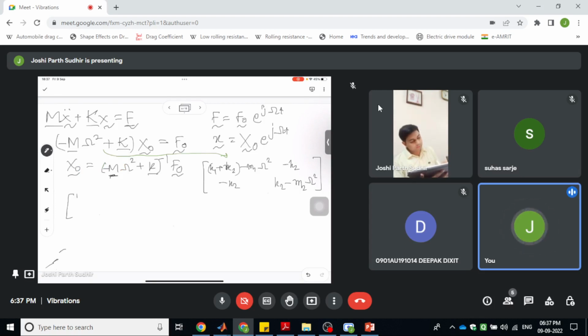We basically get k2 minus m2 omega square, k2, k1 plus k2 minus m1 omega square, divided by the value of this determinant, so it will be m1 m2 omega to the power 4 minus